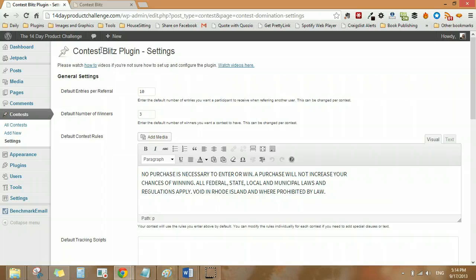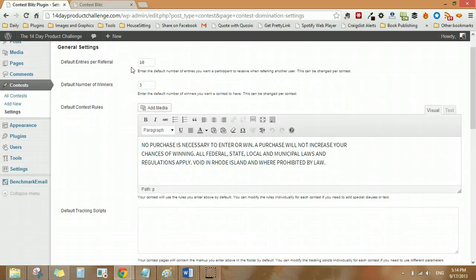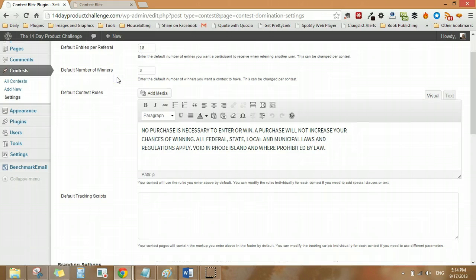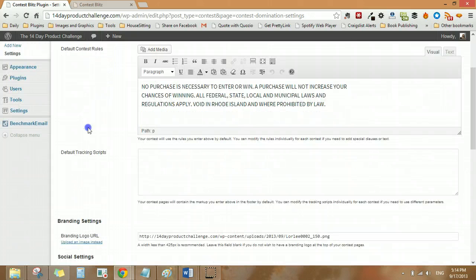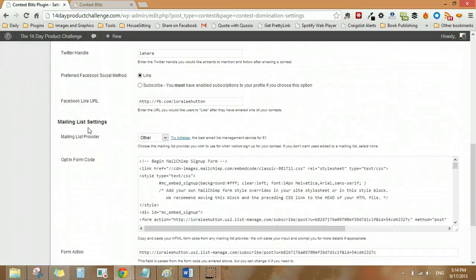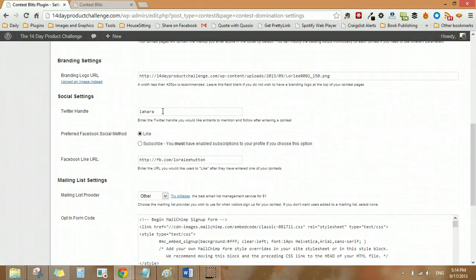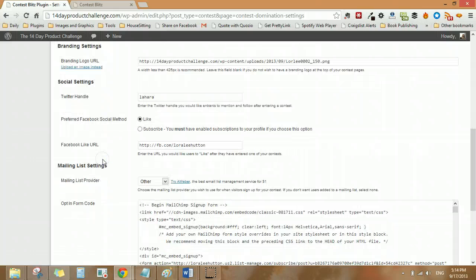So in the plugin settings, we have some default entries. So you can add in that each person gets, actually this was the default, set up with 10 default entries per person, or per referral. So for every person that they refer, they get a bonus 10 entries. And then I chose 3 as my default for the number of winners for the contest. I put in some basic terms for my contest, and then I went down to, I included my Facebook and Twitter account information, and